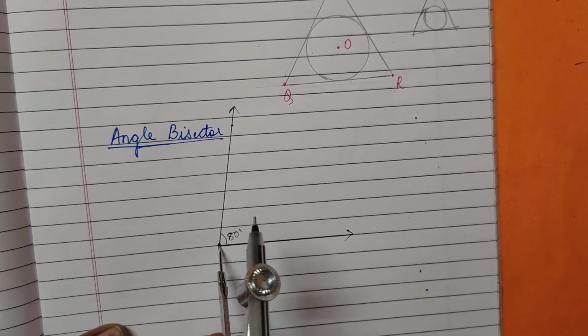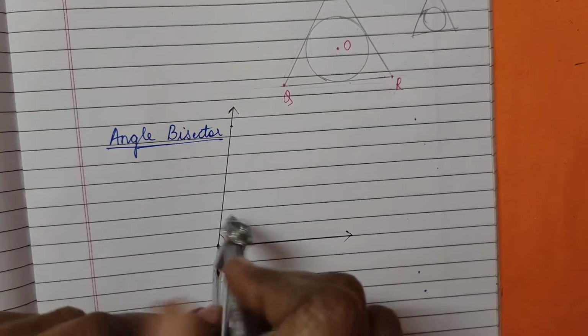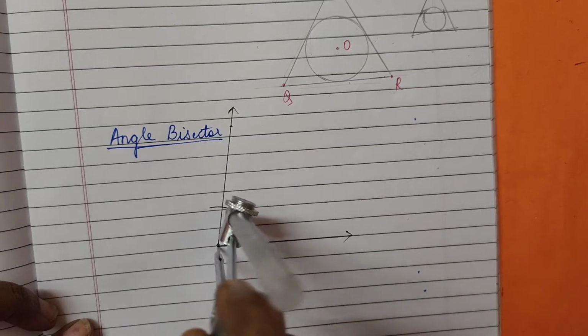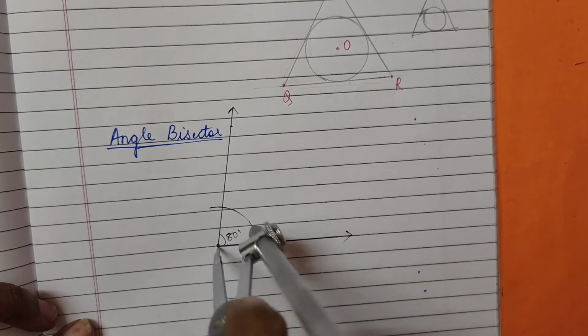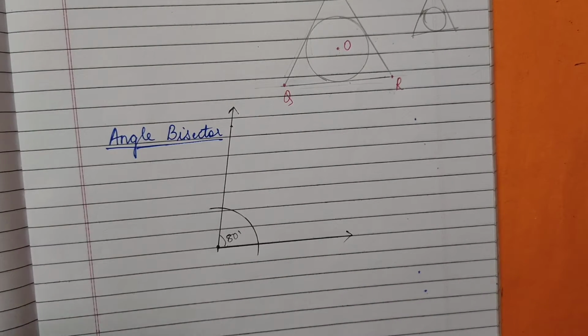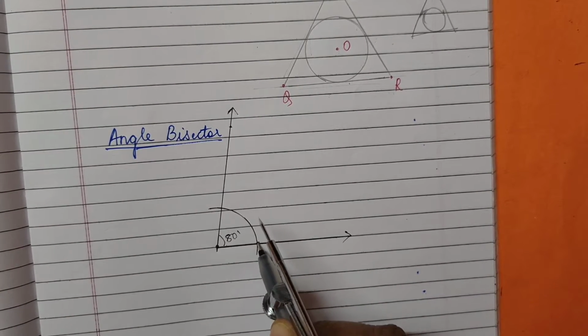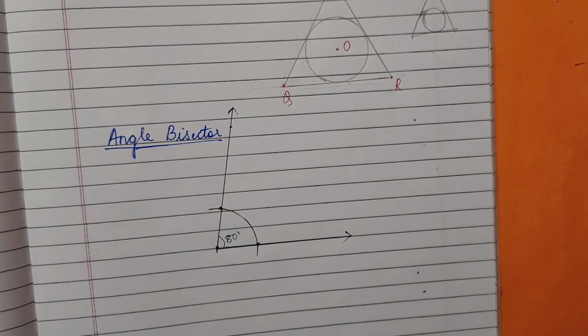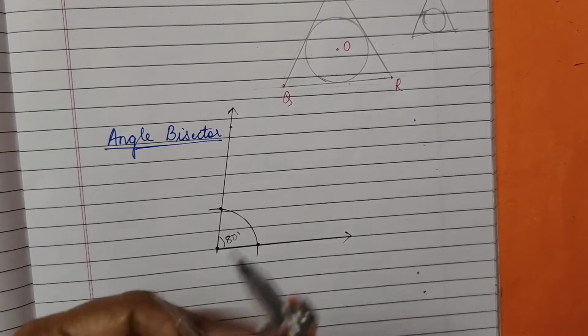First we will keep the compass here and take any length. No need to take a specific degree or centimeter, randomly I'll say it can be 2 or more or less than 2 also. Why do we want to take this? We want to find the 2 points on this particular ray. A point चाहिए और A point चाहिए इसके लिए. Clear?